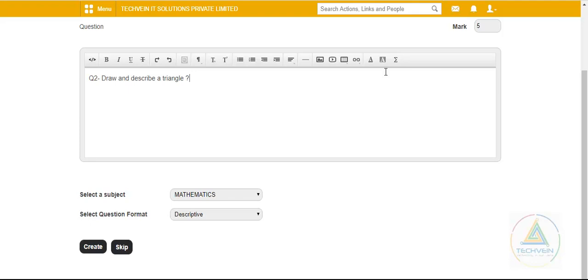Sometimes in such type of question, especially in maths, where we need to draw, or in biology or physics or any other subject where we need to draw, in the actual real time, how to make that thing possible, I will show when I take the exam as a student. Now I have given the marks 5, draw and describe a triangle, and simply I will set the type on the format, like the first one was objective and this one is descriptive. Now simply I will go to skip, first create,